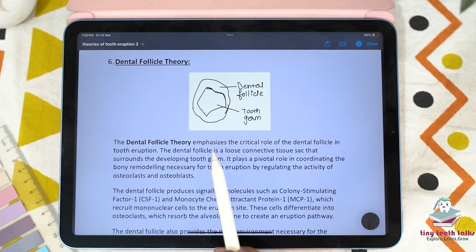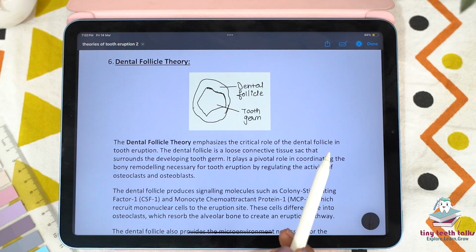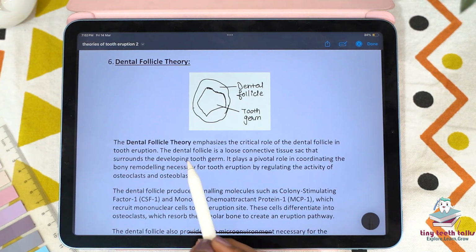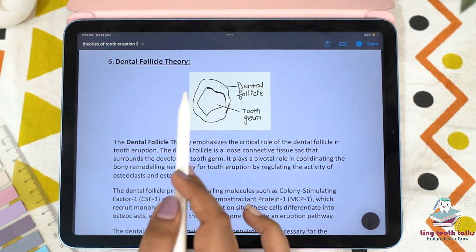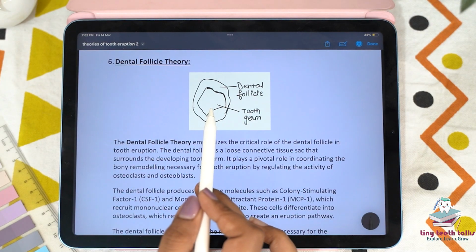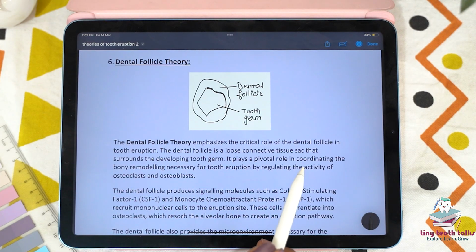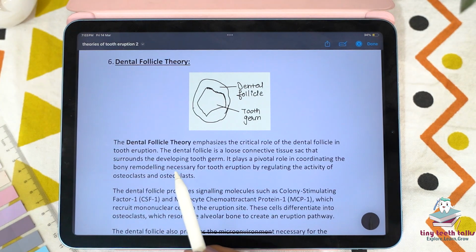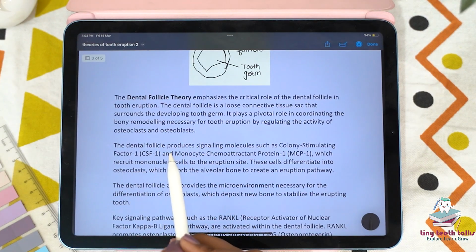So the dental follicle theory emphasizes the critical role of the dental follicle in the tooth eruption. The dental follicle is a loose connective tissue that surrounds the developing tooth germ. It plays a pivotal role in coordinating the bony remodeling necessary for the tooth eruption by regulating the activity of the osteoclast and osteoblast. How? So the dental follicle produces signal